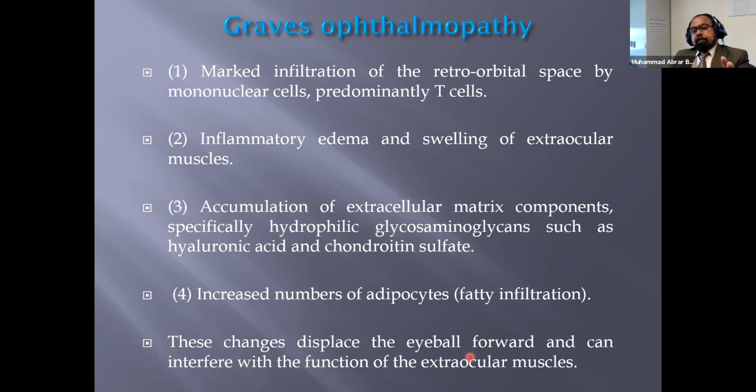So remember one thing: if you have exophthalmos, you are dealing with Graves disease. Other conditions like toxic adenoma or hyperfunctioning multinodular goiter do not produce exophthalmos. Remember, exophthalmos is a peculiarity of Graves disease. If it is not Graves disease, there will not be exophthalmos. However, there is hyperthyroidism, but there will be no exophthalmos there.